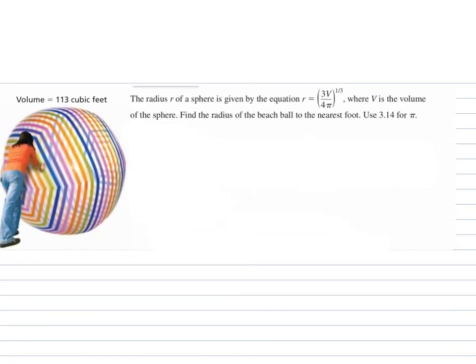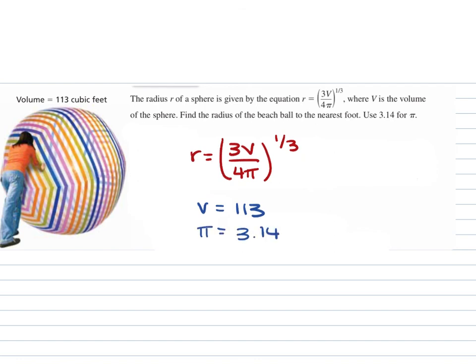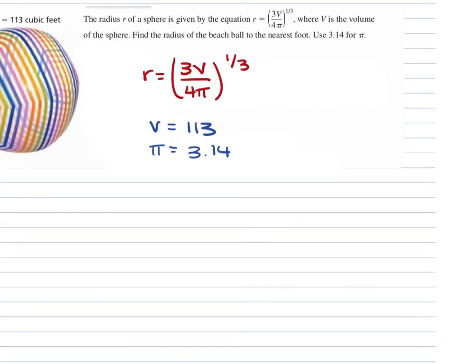So we're going to take that equation that r is equal to 3 times v over 4 pi raised to the 1/3 power. And we're going to take what v is, which is 113, and pi, which is 3.14. We're just going to plug these values in and solve for r. So r is equal to 3 times 113 all over 4 times 3.14 raised to the 1/3 power. Now we can rewrite this as the cube root of 3 times 113, which is